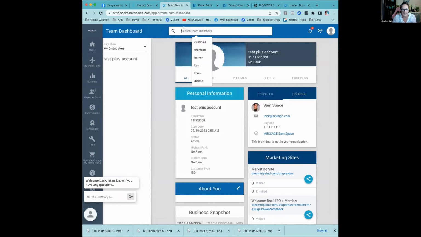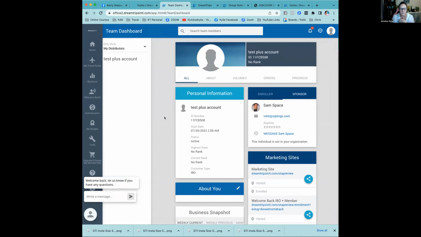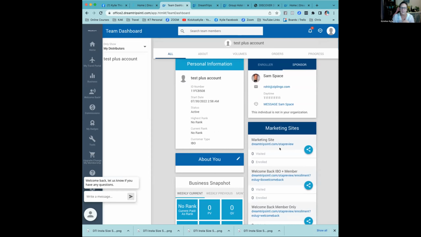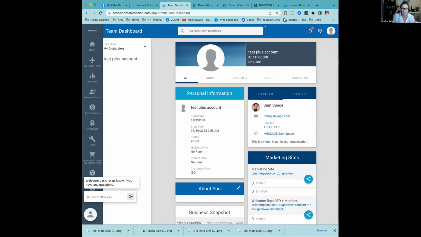So you'd go in here, you can see the people I've searched today. You can type in someone in your team, and then this is basically going to give you all of the details for your team. So if you've got a new person that's just gotten started, they don't have their ID, they didn't record their website, they can't find any of the information, you're going to go to business team dashboard, type their name up here, and then you'll have their ID number,